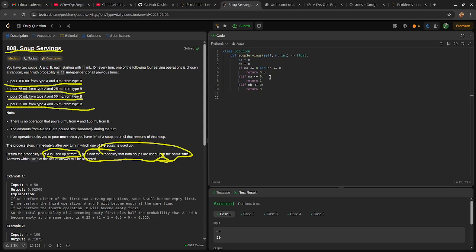It's kind of like we put these things into a subfunction, say probability of A and B. Otherwise, there are going to be four cases. Probability